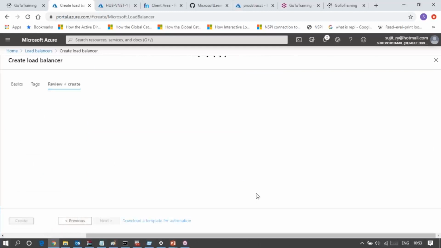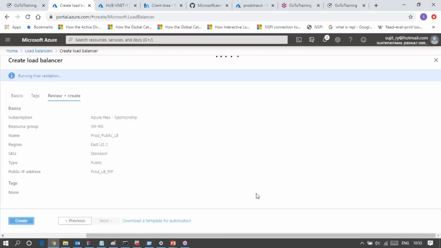Review and create. It is validating the setup, and after validating, it will start creation.